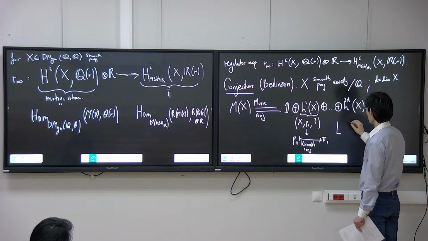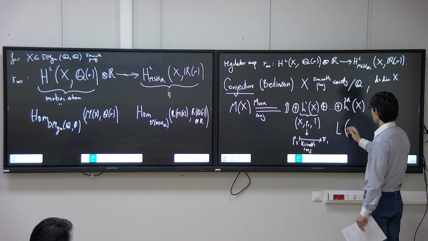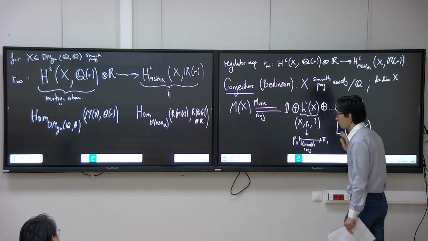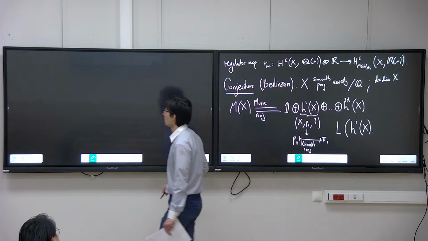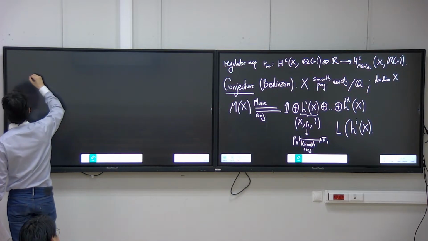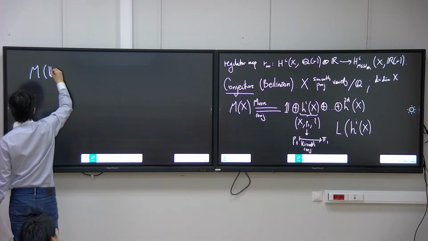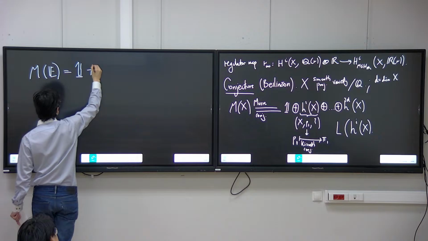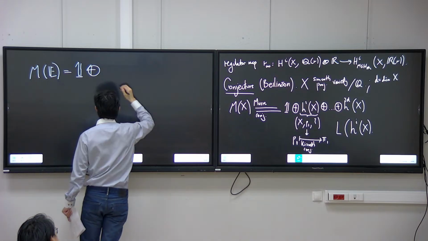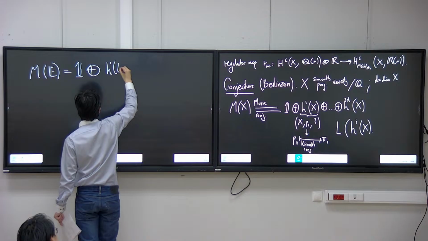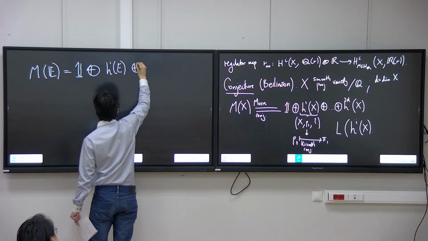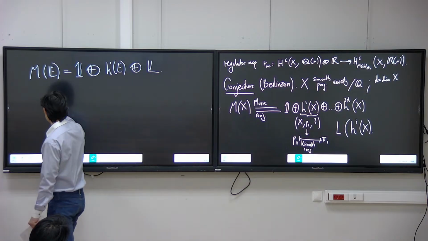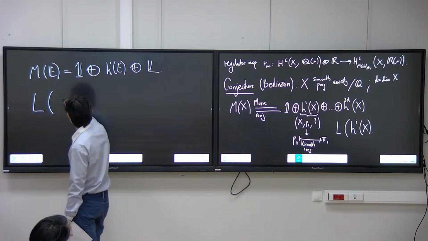So he wants to describe the L-function behavior at these H^i of X. For example, we know that the motive of an elliptic curve splits as the trivial motive plus this piece H^1(E) plus the Tate module. And for example, the L-function of H^1(E) at s,